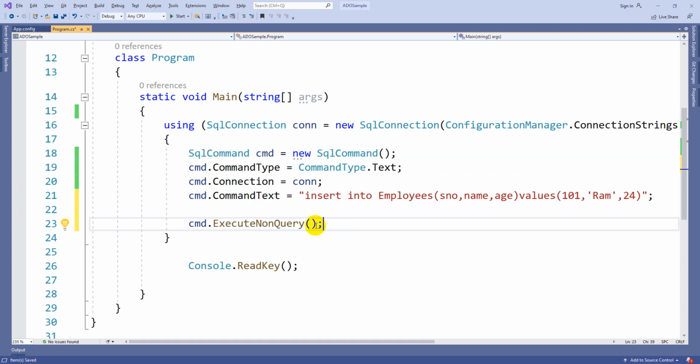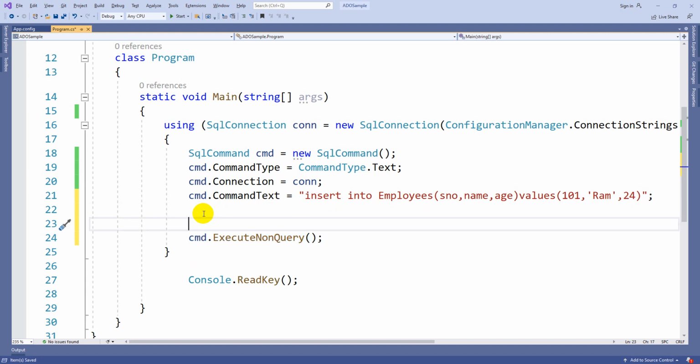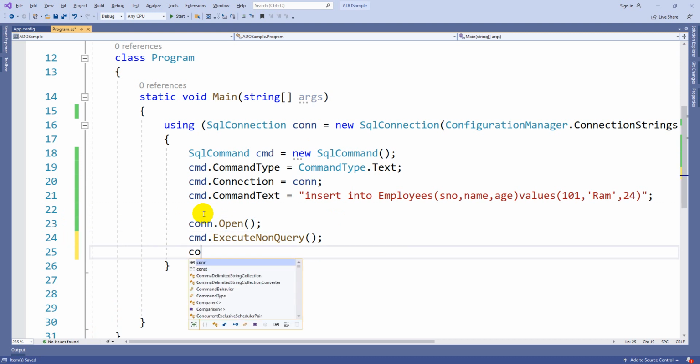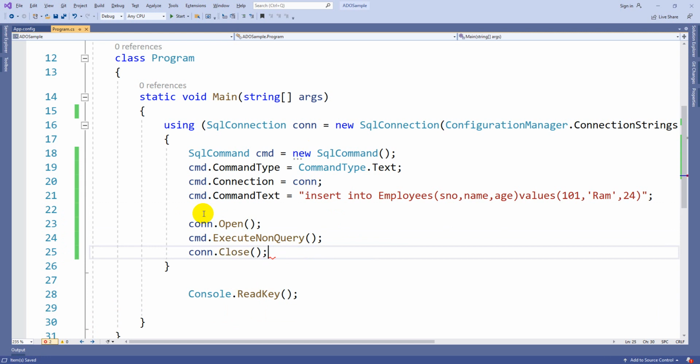Now execute non-query, but you should remember one thing: if you execute you will get an error, because execute non-query always requires the connection to be in an open state. After that you can close this also. And one more thing, if I execute I won't get any result.